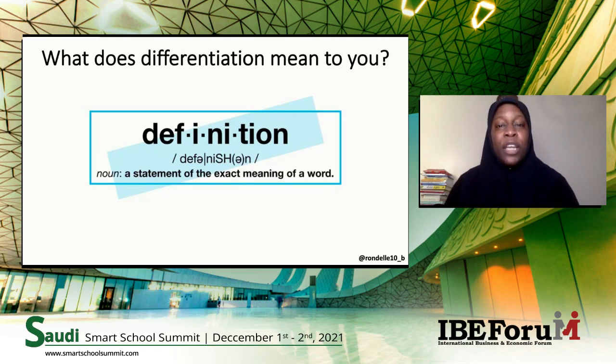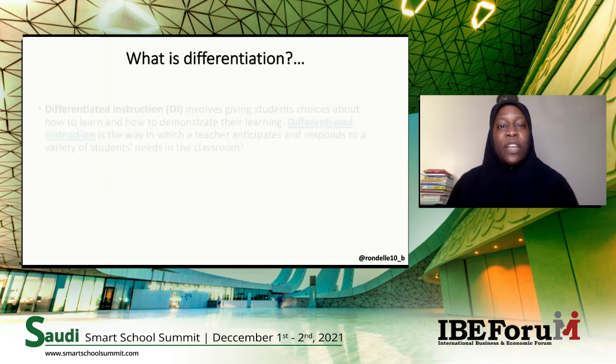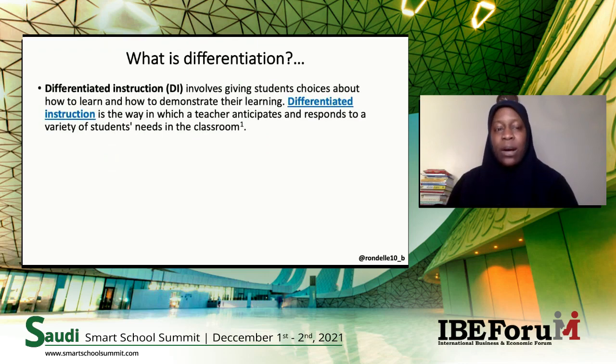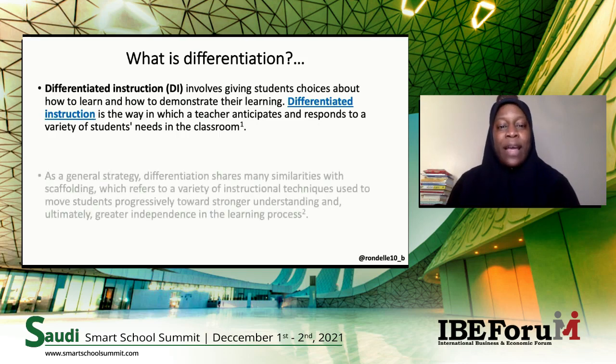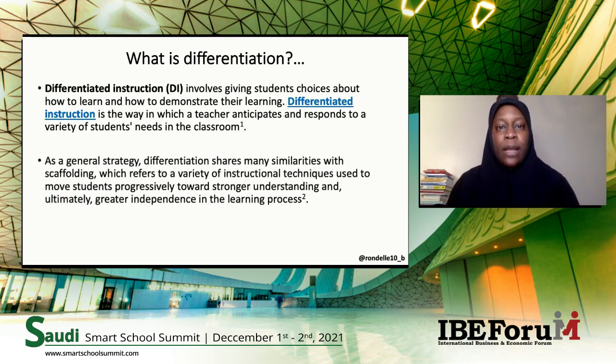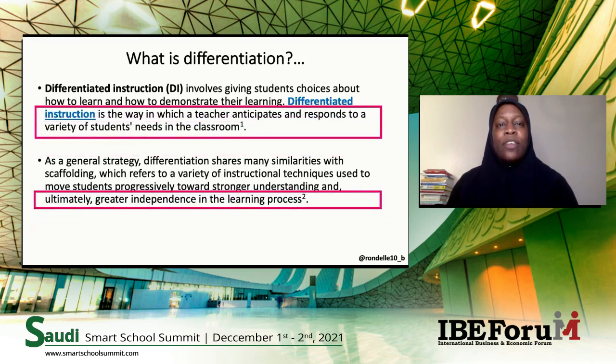We need to differentiate. But differentiation means different things to different people. And I would like to share what differentiation actually means with my regards. Now, as you can see here, differentiation or differentiated instruction basically means that you as a teacher know your students so well that you can anticipate what particular learning difficulties they may encounter and think about how you're going to navigate that. But ultimately, no matter which particular strategy that you employ, it must lead to greater